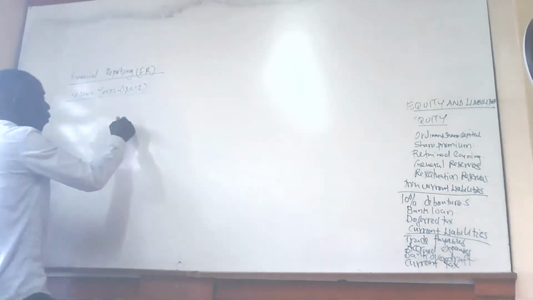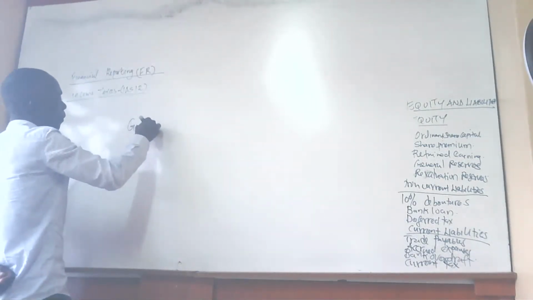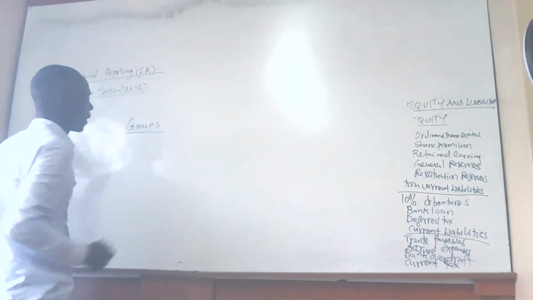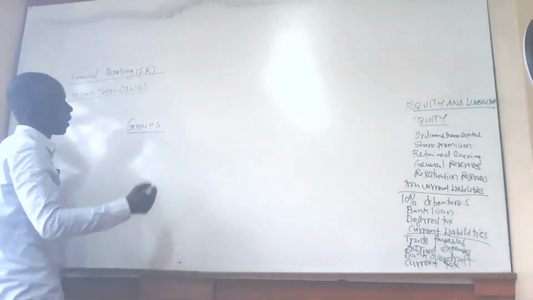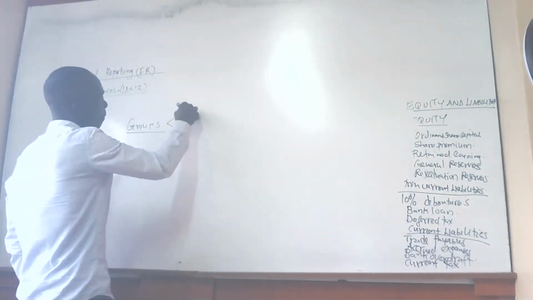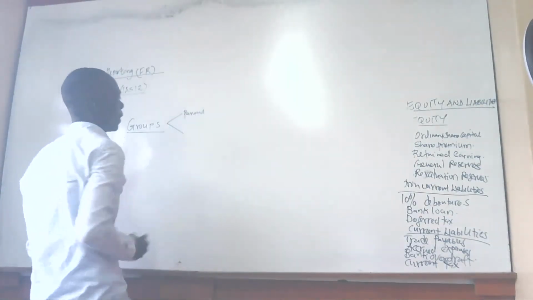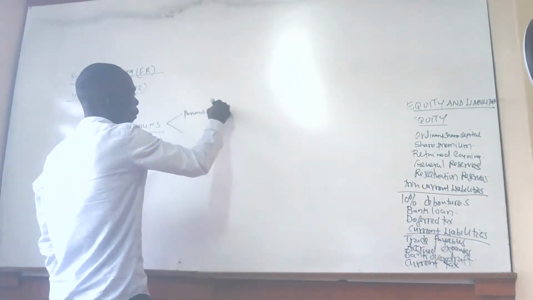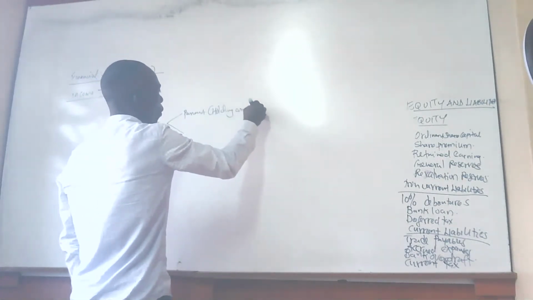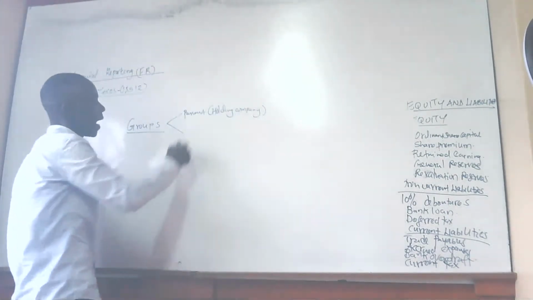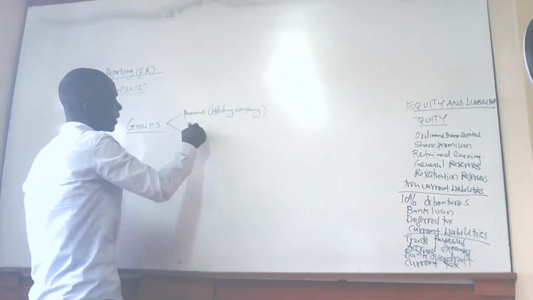When we discuss the group, most cases, our energy will be on what we call the parent company, or sometimes we call it the holding company. We are going to look at the holding company and also majorly the